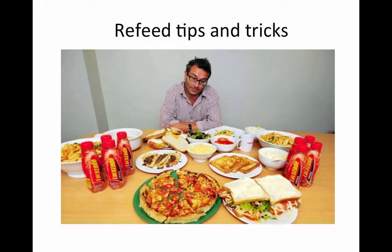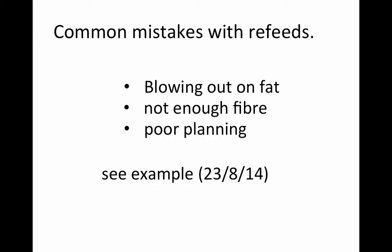Just a quick video on refeed tips and tricks. So there's a couple of common mistakes we have with refeeds. There's mainly just three really, and they're all interrelated. So blowing out on fat is the main one, not having enough fibre, and poor planning. So if you don't plan properly, then you're probably not going to have enough fibre, and you're probably going to